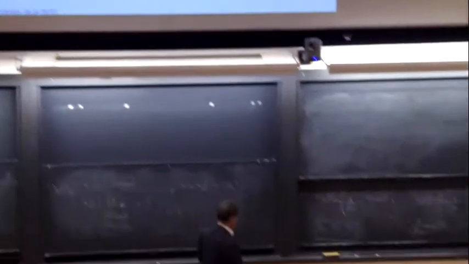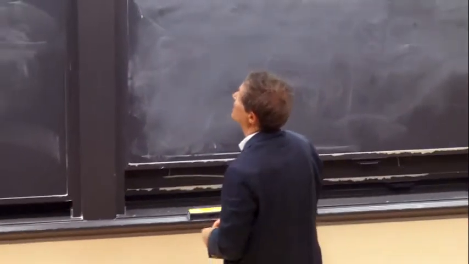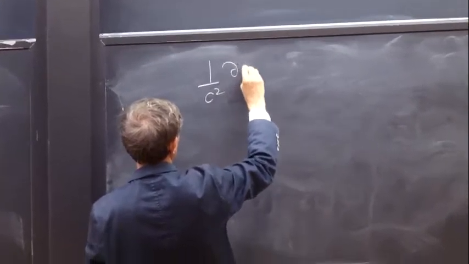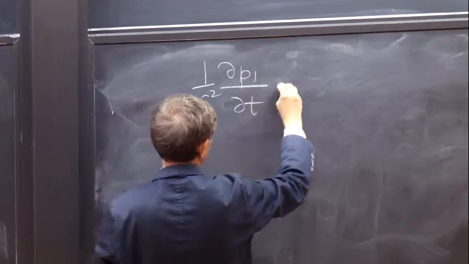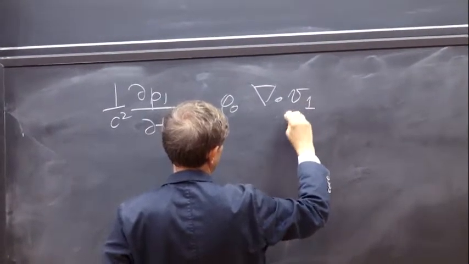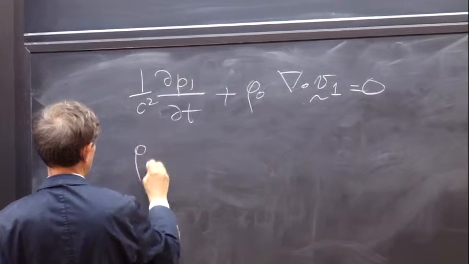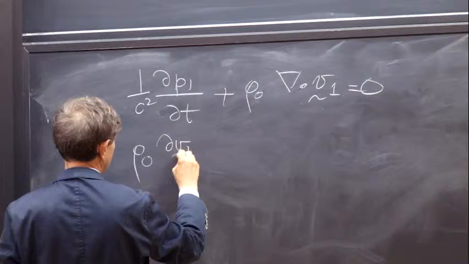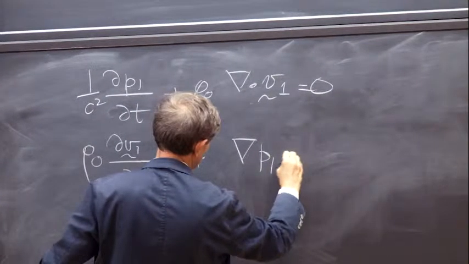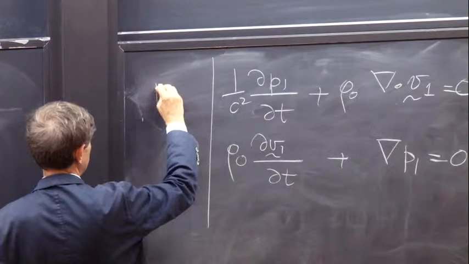And we begin with the 2 equations, the linearized equations, 1 over c square dp1 by dt plus ρ0 divergence of v1 is equal to 0, and the other one is rho 0 dV1 by dt plus gradient of P1 is equal to 0. And then we multiply this one by P1,